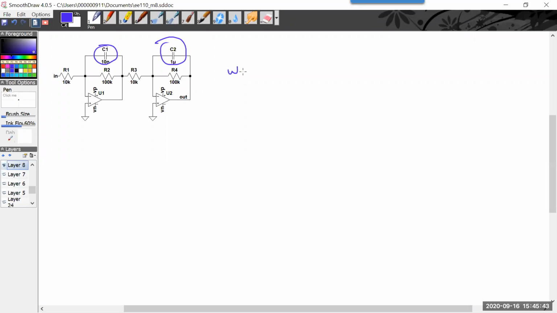We have, and I'm just going to label them, equals 1,000, right? So this was a low pass filter, right? And it had the form